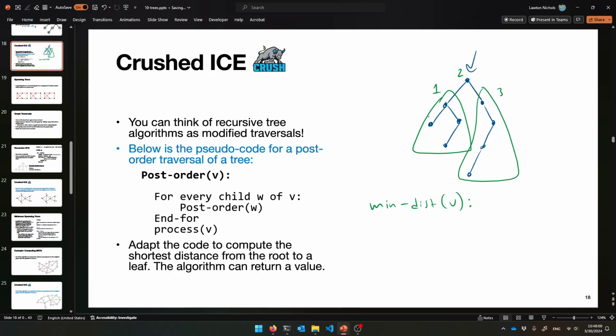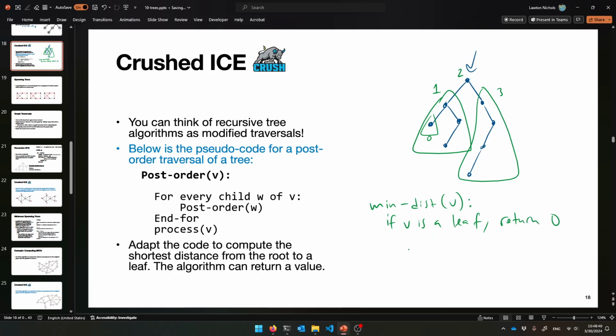So you're going to recurse down left and right, left and right. Like here, what do you do on this tree? What's the shortest distance between a root and this leaf here? You could say, well, that's 0, right? It's already a leaf. So maybe that could be your base case. You could also consider the empty tree, the null pointer, to be like a -1 distance because it's not a leaf at all. I don't know. But I think this is a good stopping point. If you are a leaf, you see how that's a base case? There is no distance from you to a leaf. You are the leaf. So if V is a leaf, if it's a leaf, return 0,